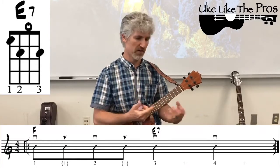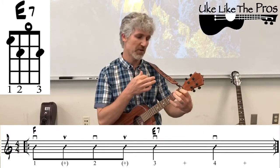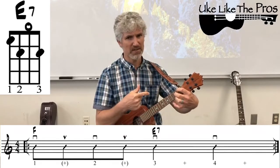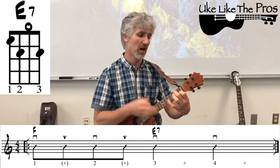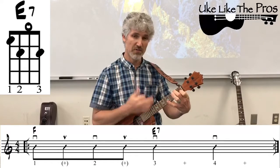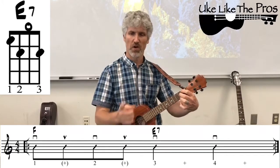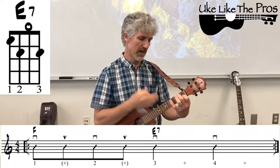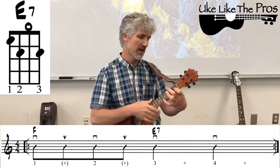So this measure on the F, it's down, up, and then you got to get right to the E7, down, down. Doesn't give you a lot of time to get to the E7 chord. So F again is down, up, and then E7. 1 and 2 and 3, 4. So let's play it again. 1, 2, 3, and so 1 and 2 and 3, 4. Again, ready, and